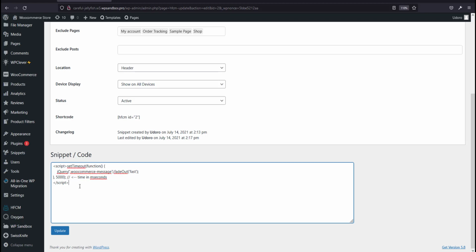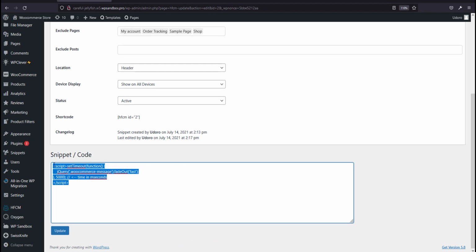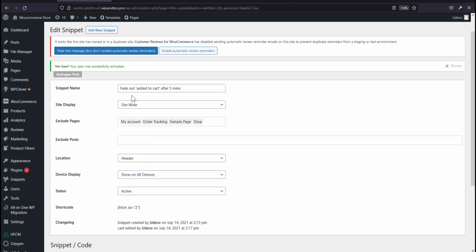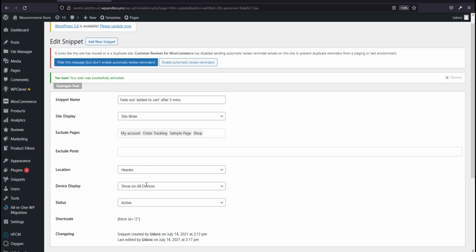It's just a JavaScript function that picks the class of that message and tells it to fade out after 5 seconds. Okay, so I'm going to make this available for you to download and drop it in, even if you drop it in the JavaScript section in a code block in your main template. Okay, but that is just going to make it run every time, everywhere. So this is better for you to just manage where it runs, where you put it and all. Okay,